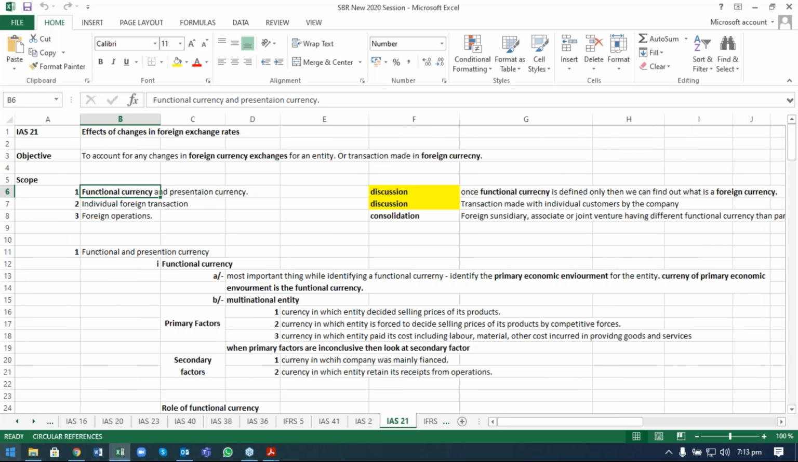For the functional currency and presentation currency, IAS 21 provides a complete, thorough guideline on how you can identify the functional currency of any company. So the functional currency in this case,